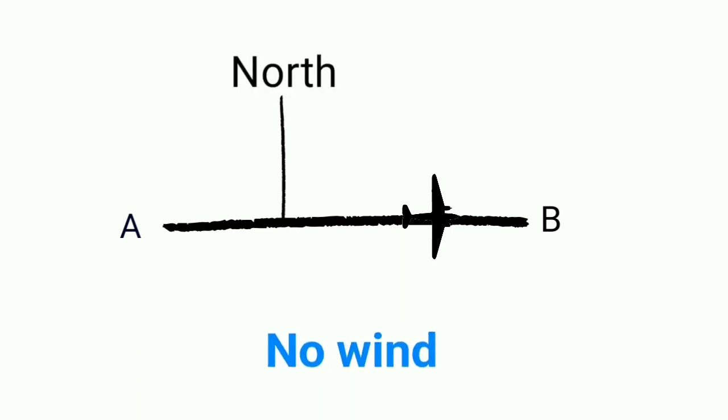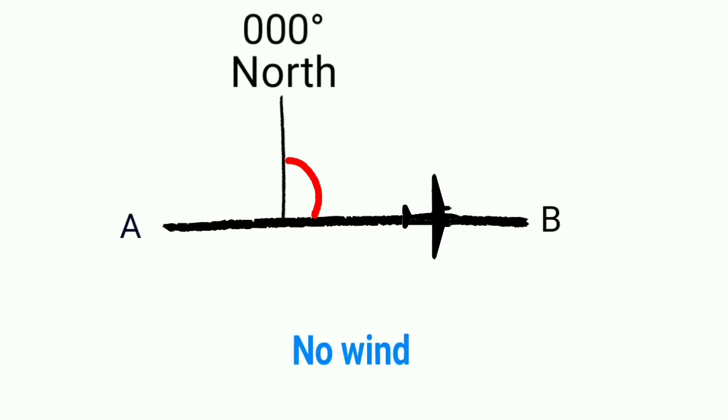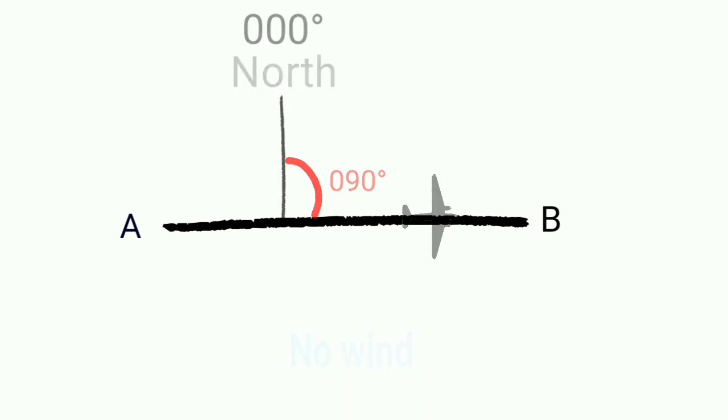If we take a true datum, it will be true course, and for magnetic datum it will be magnetic course. Similarly, for a compass datum, it will be compass course, and for grid datum it will be grid course. Now from datum north we take clockwise direction to measure course. So in this diagram we will take one example. From datum north, that is 000 degree, if we measure clockwise, then course will be 090 degree. So we can say course is 090 degree.